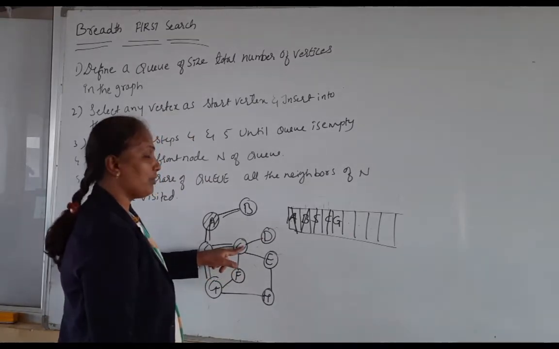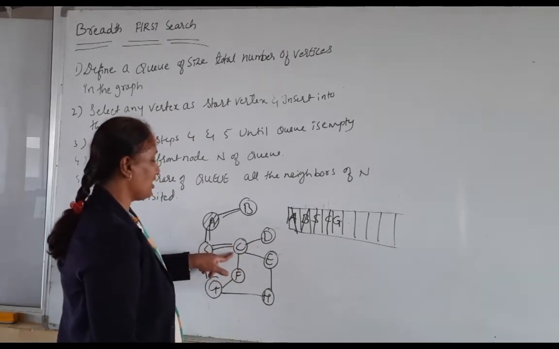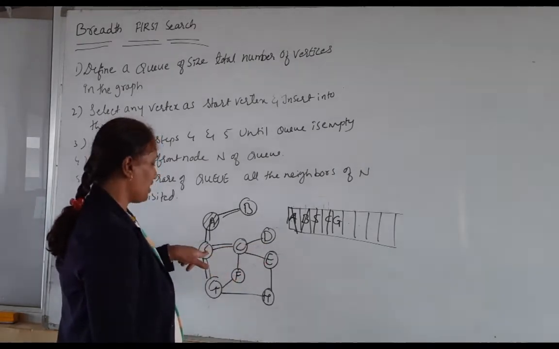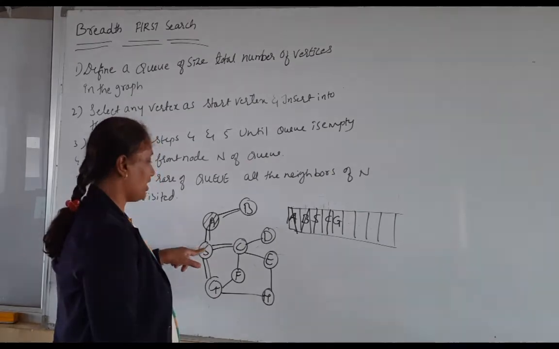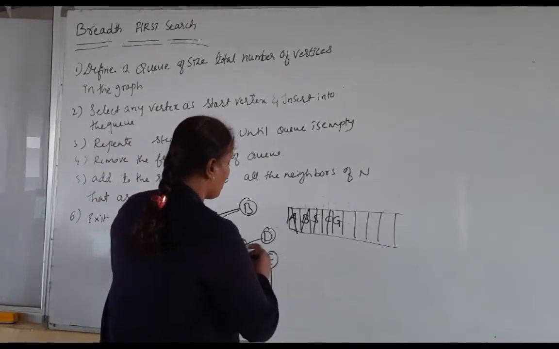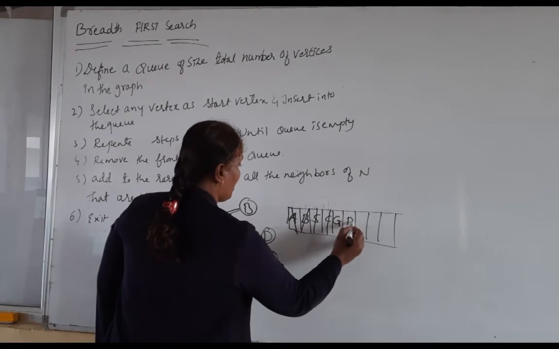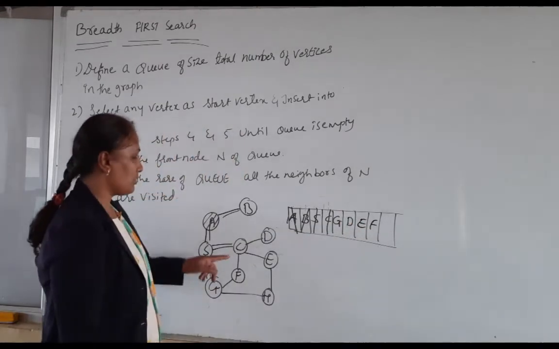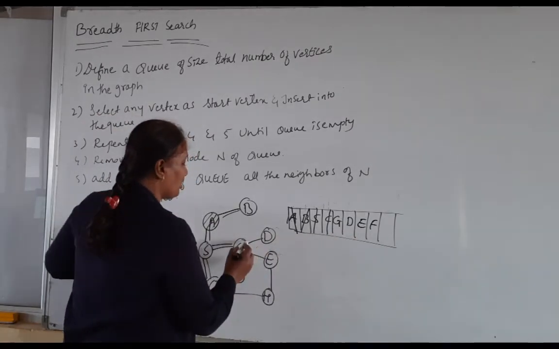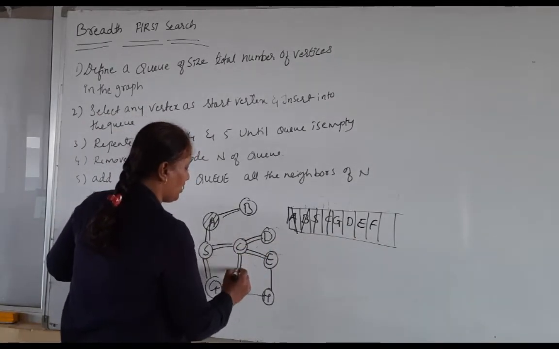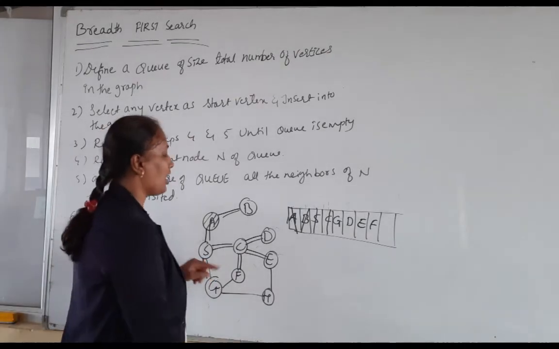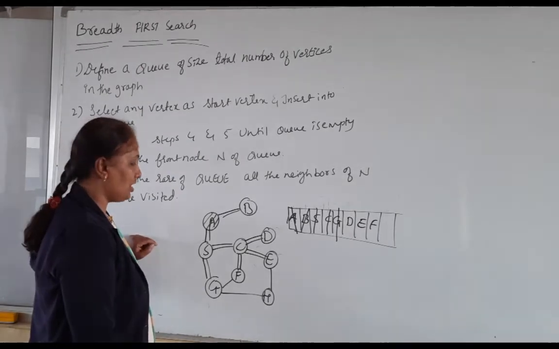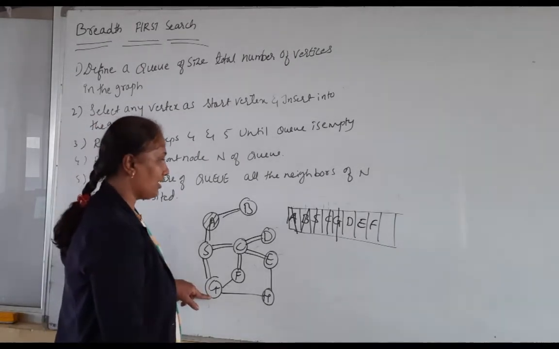I am going to delete this. So once I delete that, I should make an entry of the neighbors of C. So what are the neighbors of C? D is there, E is there, F is there. S is also a neighbor, but it is already visited. So the unvisited neighbors are D, then E and F. So from C, I am going to visit D, E, F. Next, I am going to delete the next element from the front of the Q, that is G.